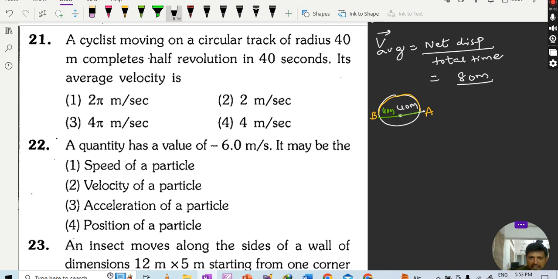So it completes half revolution in 40 seconds. So 80 by 40 is equal to 2 meter per second. So average velocity is 2 meter per second. So for the 21st question, option 2 is the right answer. Right. Next, my dear children,